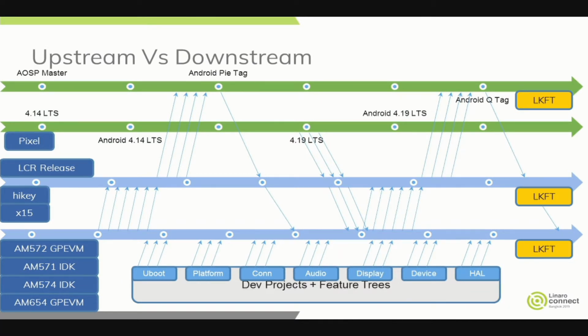So this is a little bit of a busy slide. Basically what I'm trying to show is that as AOSP master development is happening, in parallel a Pixel-based development happens, and the fixes are carried from the master. When a given tag is announced, with the example of 4.14 LTS and the Android Pie tag, a few months before that the Pixel baseline development happens, and when the Pie tag is announced, the Pixel device is ready in the market. When a given tag is released, that's where Linaro starts looking at the baseline and starts making LCR-based releases,